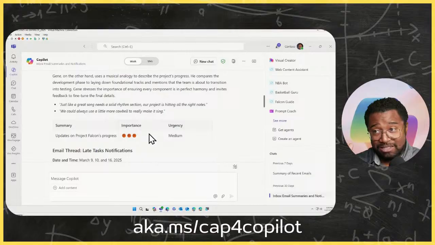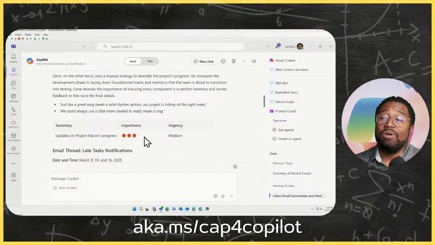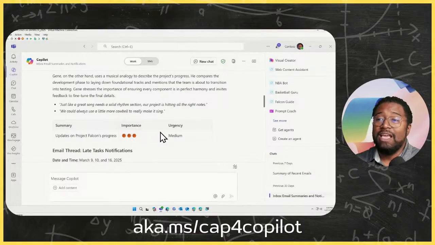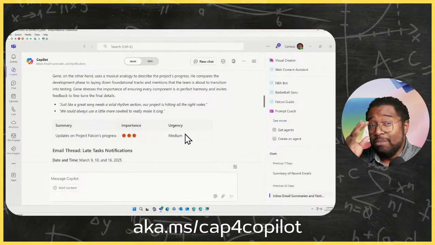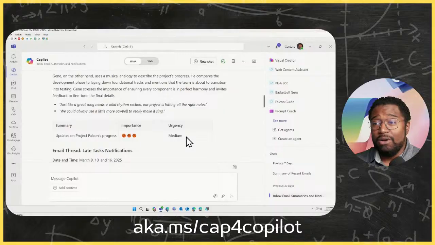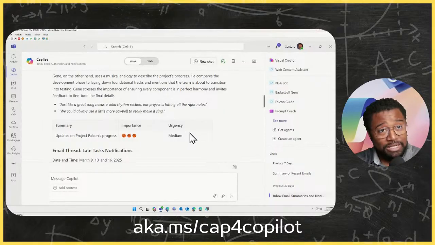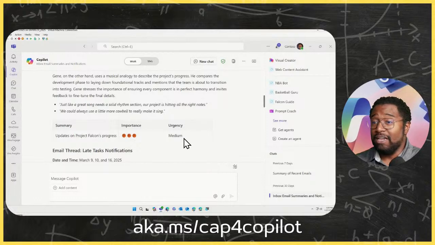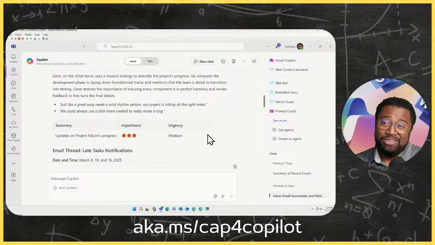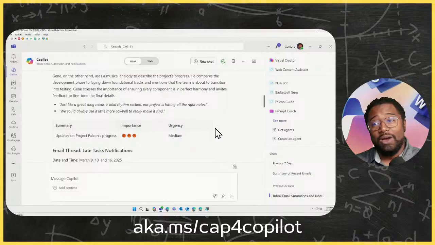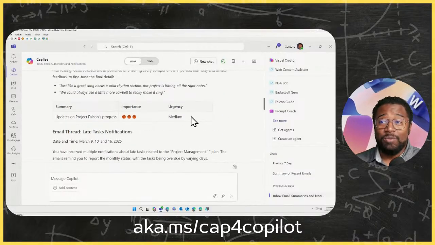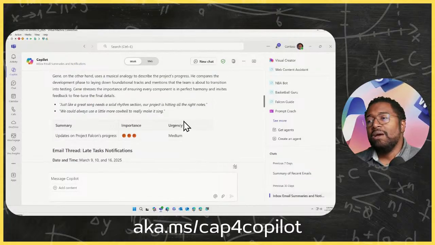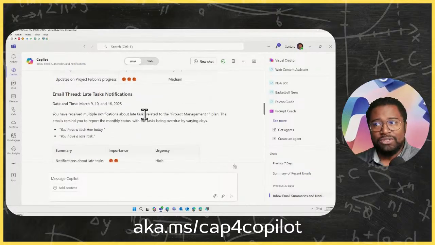So it thinks this is a 3-star, 3 basketball worth of importance. And it has determined it's got a medium urgency. So again, it's using its reasoning to determine these things, and it's up to me to decide whether that's true. But this is going to be useful and helpful. I'm really going to be looking for something with high urgency if I'm looking at what to start my day with, right? But it again continues to do that with other emails.